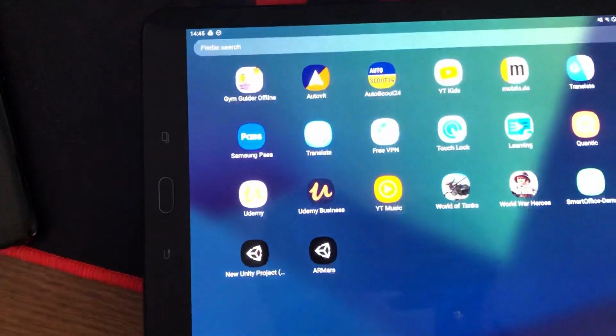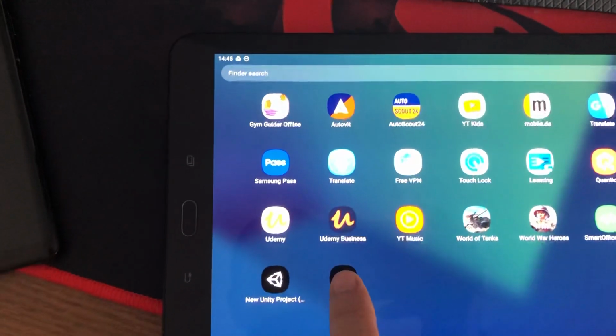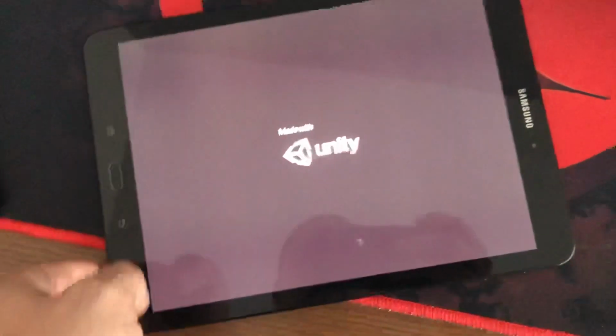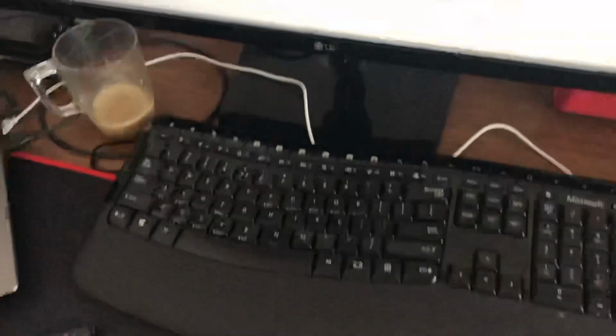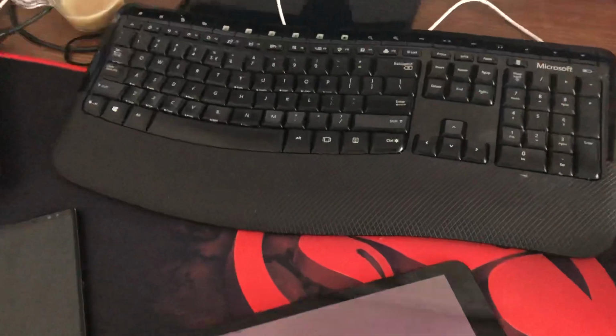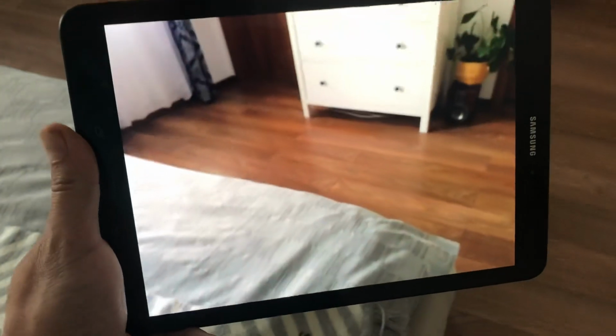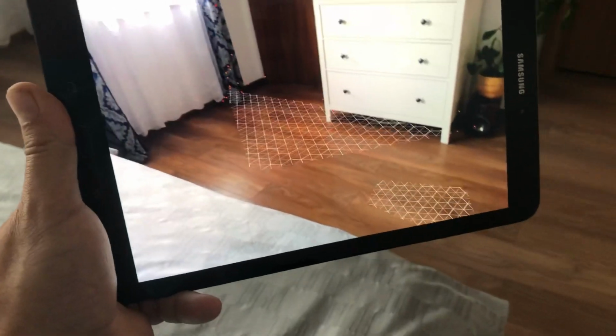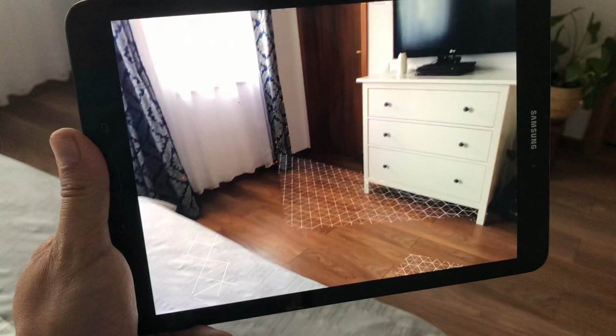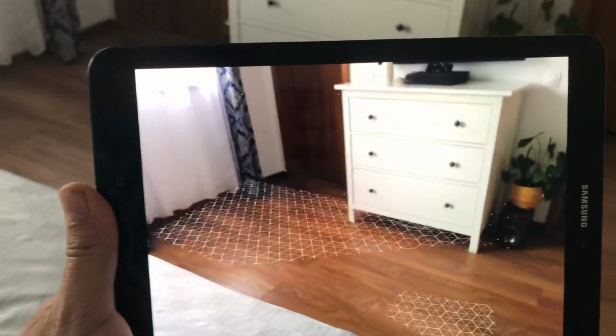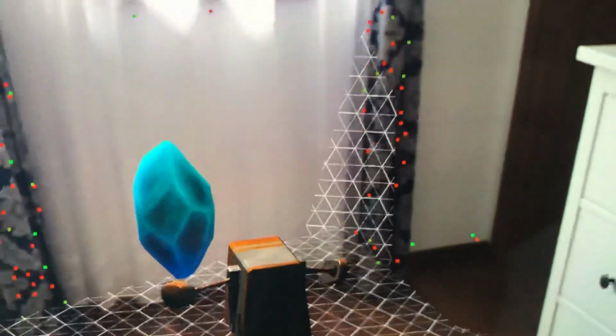So we have this small demo application here. I'm gonna open it, which is this one. It takes a second because this tablet is huge and heavy. So it will load. Now it will try to scan the surroundings, and it has a few types of scans, not only planes, also some points there. As you can see, it tries to